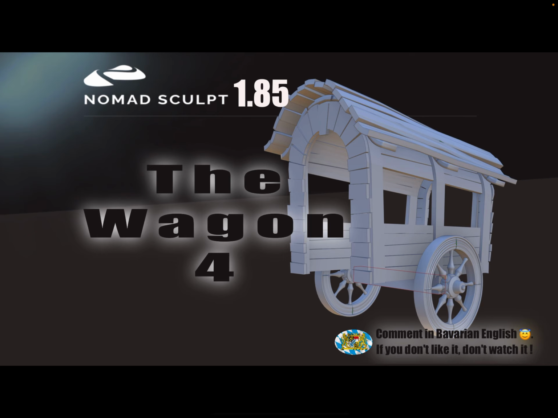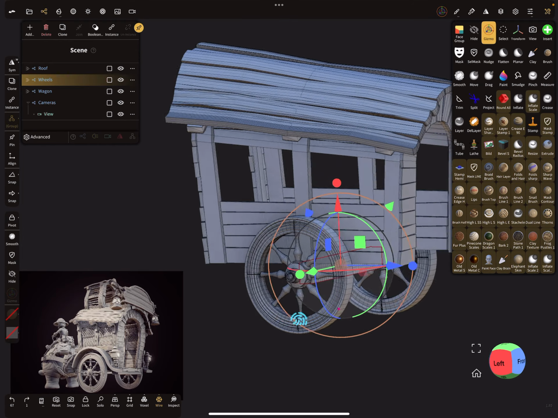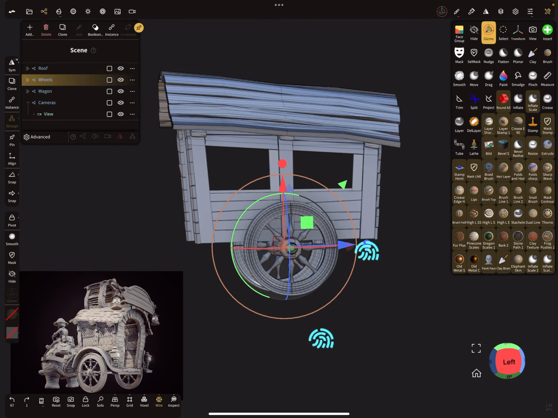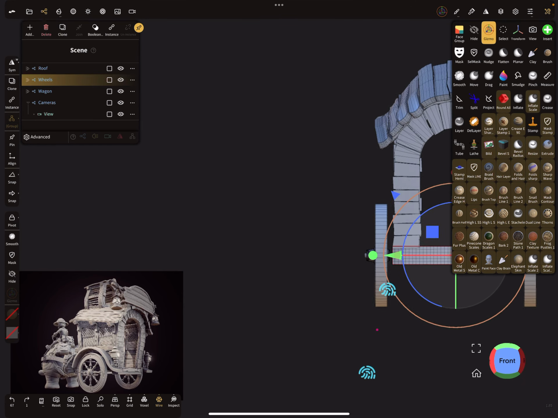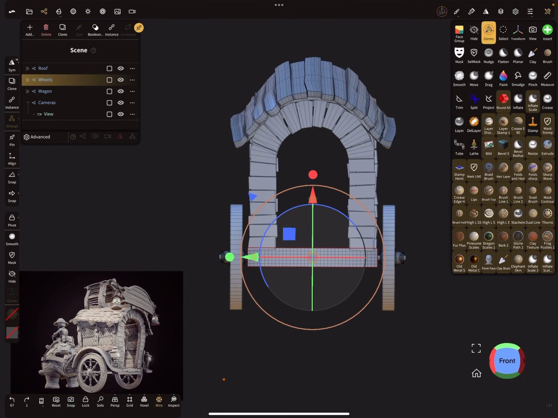Okay, so I think I start with a floor. So now I adjust my orientation. At the moment, front view is back view, and I rotate the whole thing. So here I lock, I pin the pivot, and now I select the whole wagon, my groups, and I use the snapping and rotate it.